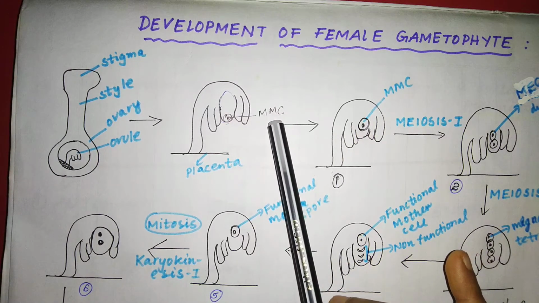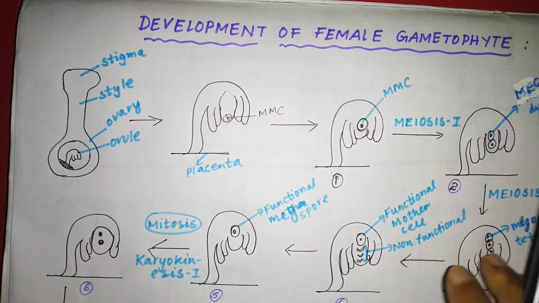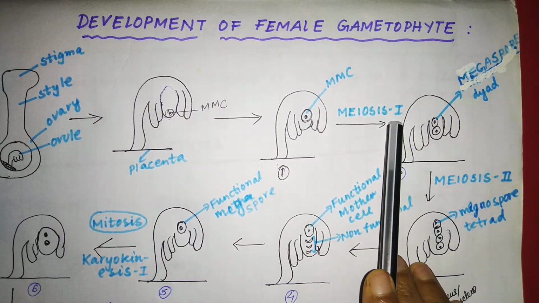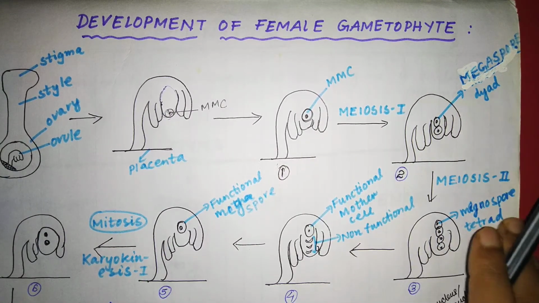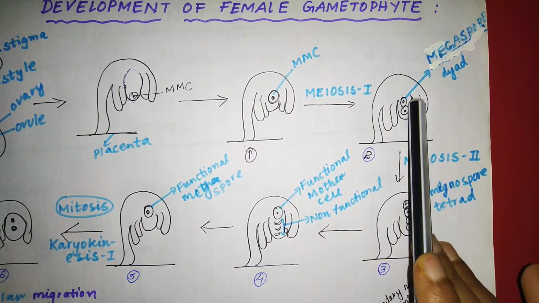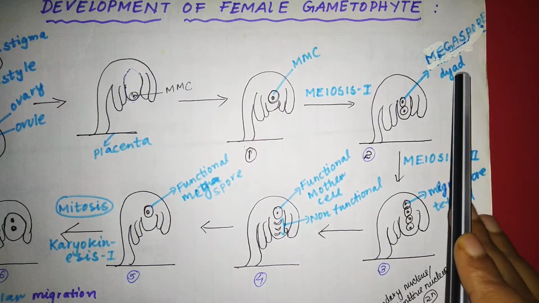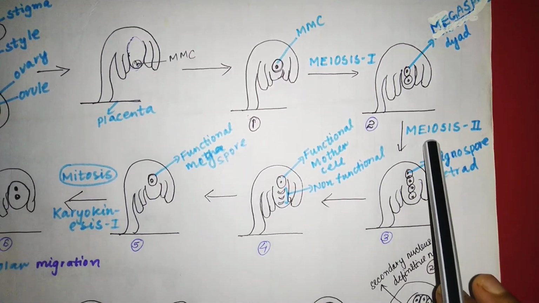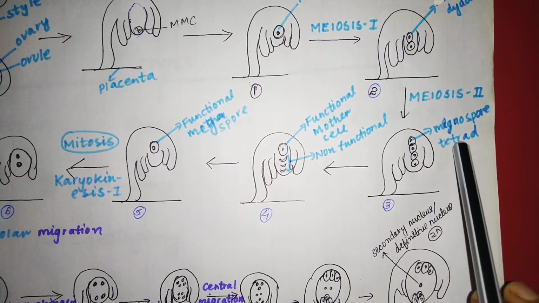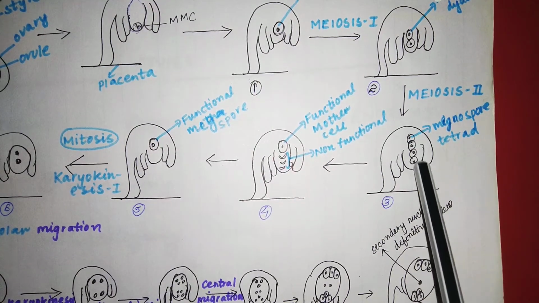This MMC, megaspore mother cell, will undergo meiosis 1, as a result of which it will form megaspore dyad, that means two nuclei it will form. This megaspore dyad will undergo second meiosis and it will form megaspore tetrad, and these tetrad are arranged in a linear